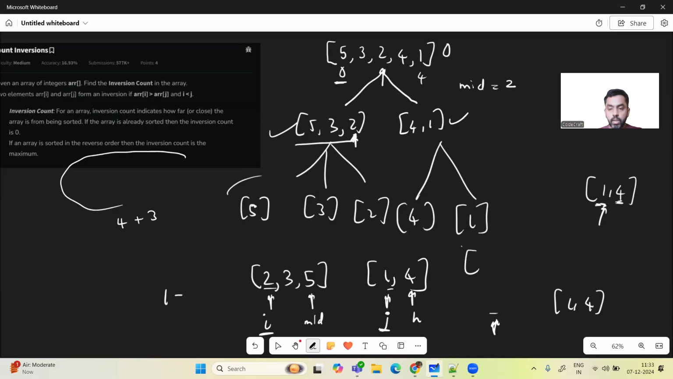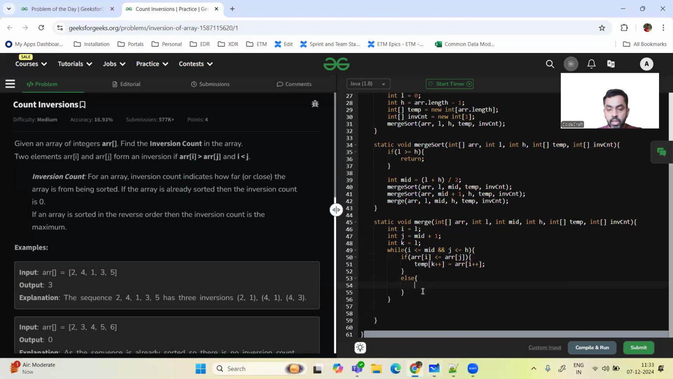Let's take a better example: 3, 5 here and 2 here. This is one sub array, this is another one, right? So we are comparing. 3 is greater than 2, so we have found an inversion count. This is the case where array of I is greater than array of j. So here what we're going to do is count of 0 plus equal to, I have already explained this,